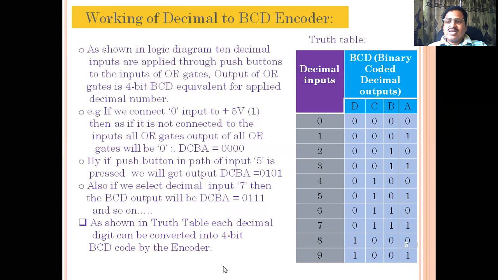If you follow this, it's a very interesting one. Try to remember this working. Always you'll find a question being asked on this for 4 marks. What are encoders? Draw the logic diagram of decimal to BCD encoder and explain its working with the help of truth table. Such a question is always asked in all previous board exams for 4 marks. So it's very easy to explain the working from the exam point of view.